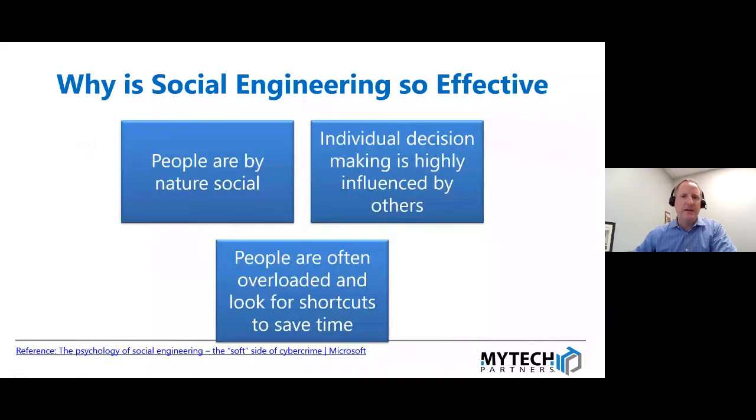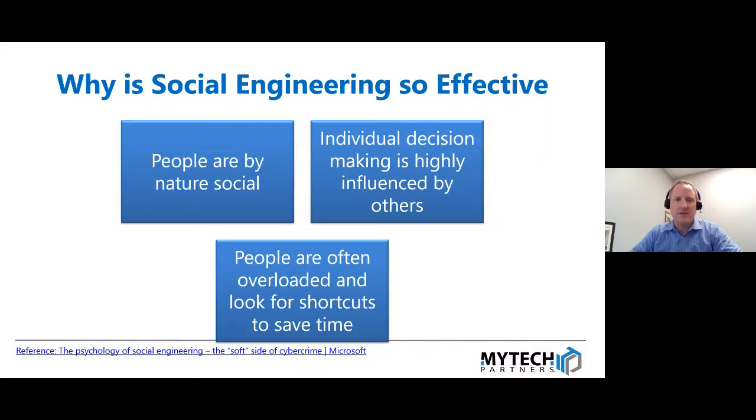But let's talk about why social engineering is so effective. First of all, people by nature are social. We respond to emotion, and that's why individual decision making is highly influenced by others. You've probably seen the video of someone using a baby crying noise in the background, calling up a representative and panicking, creating urgency around a problem, and the representative on the other end of the call is really inspired to help because they're trying to help a mother who's struggling with a crying child and this other problem. And that person gets information. Again, we respond to that. We respond to authority. We respond to people that presume authority.